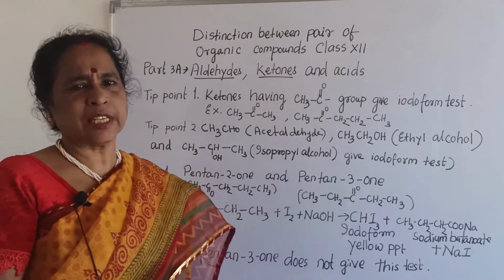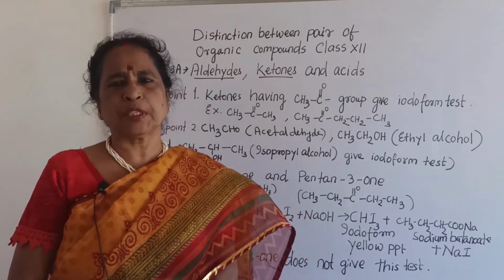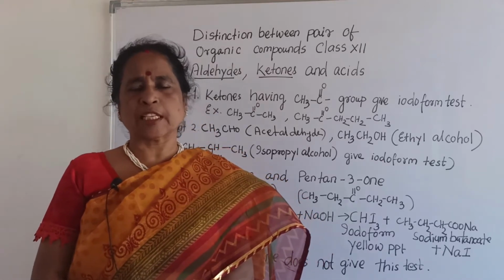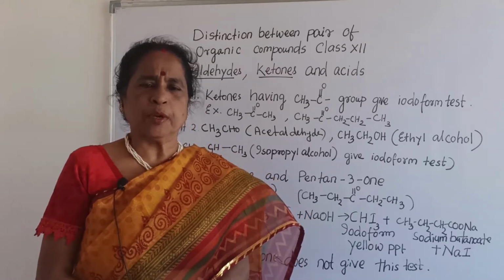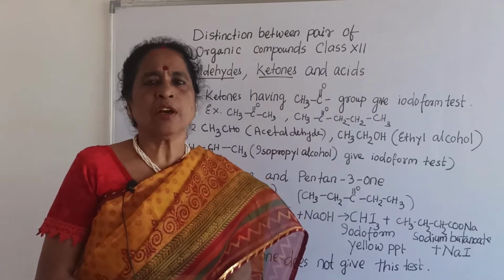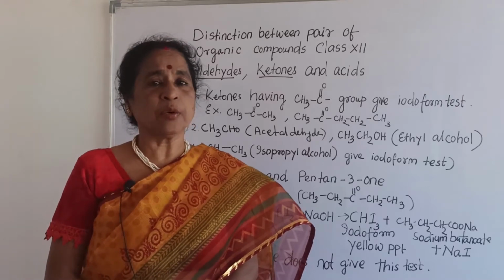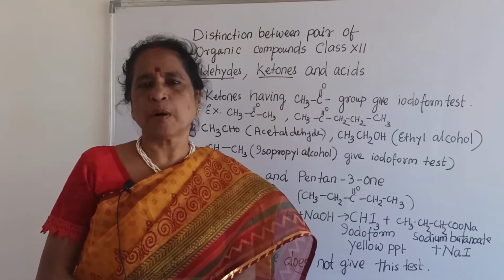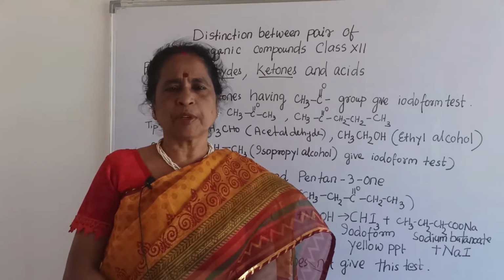First of all, we will see the important reactions where you can see the color of the precipitate, the color of the solution, and any effervescence that takes place. These are called eye proof tests. If we can see by our eye that this is a red precipitate, this is a white precipitate, or this is a colorless solution, then we can be sure that this is a particular aldehyde compound and this is a particular ketone compound. Let us start some reactions.